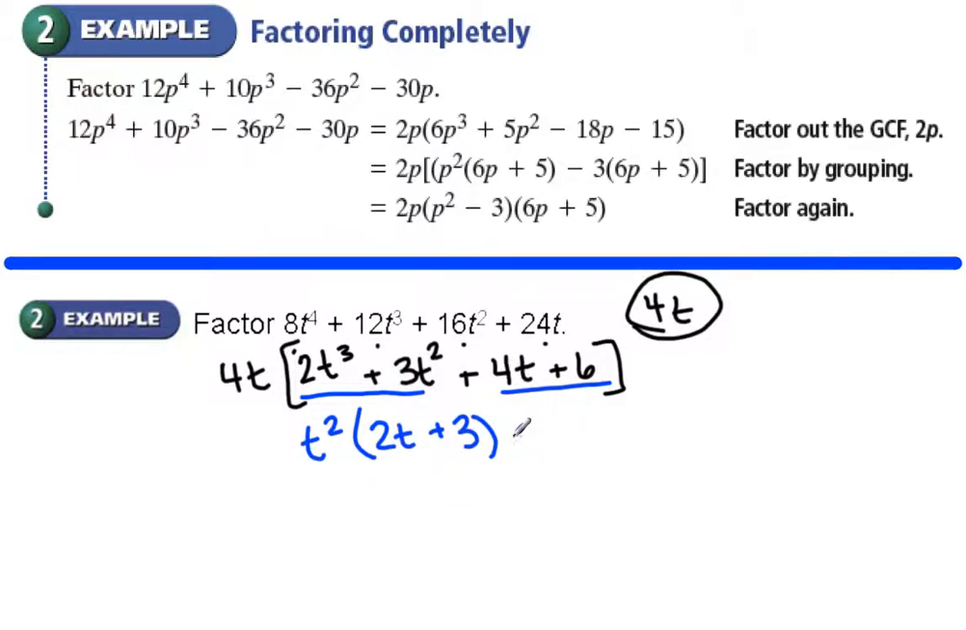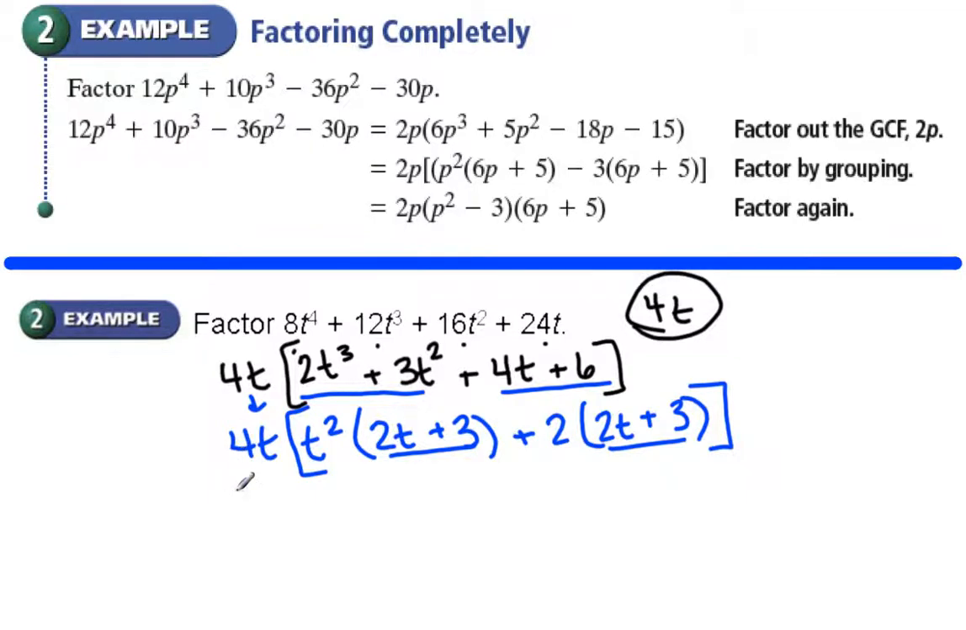4t and 6 have a 2 in common. So let's factor that out. 4t divided by 2 is 2t. 6 divided by 2 is 3. Our groupings match, which is what we want. Don't forget to bring 4t down because if you forget him, that would be very sad. Okay. So now we have 4t